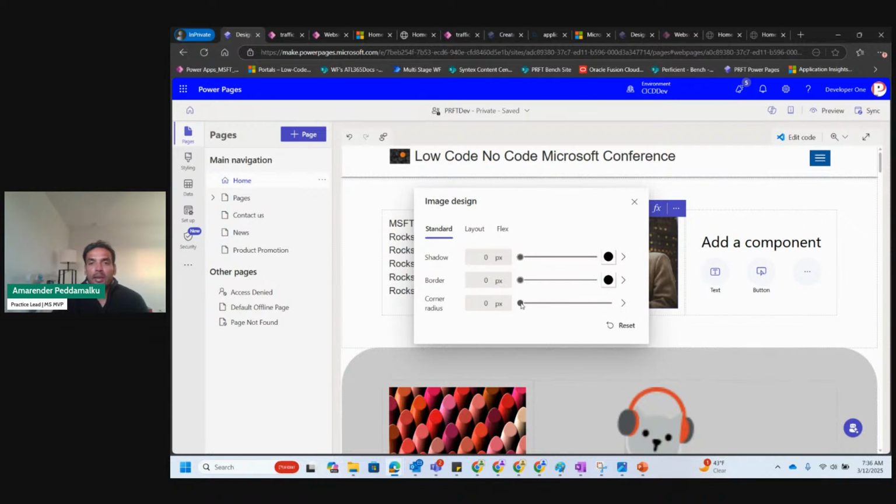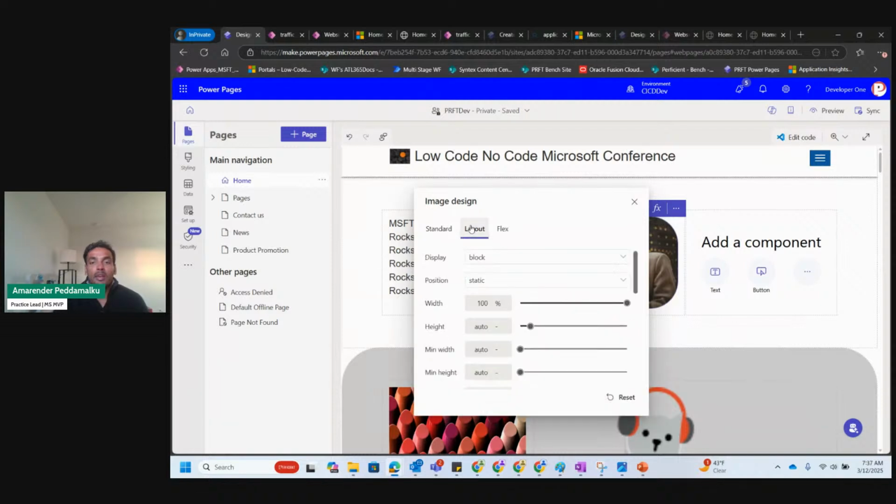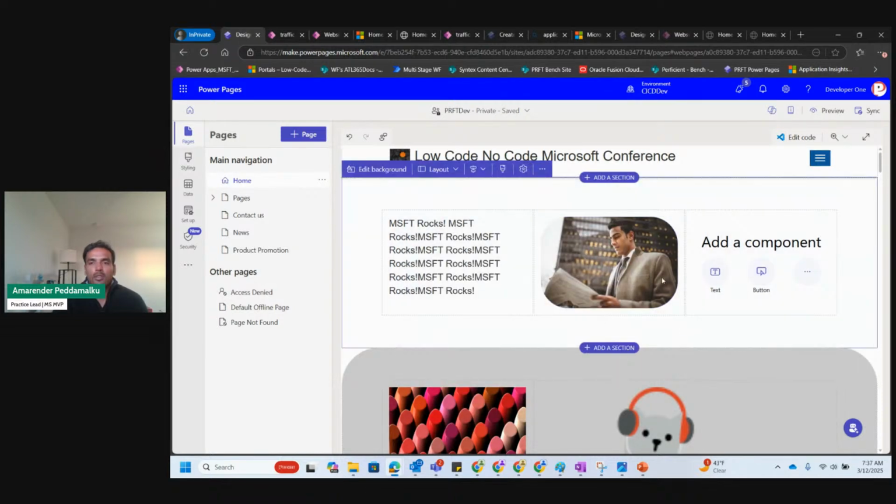One of my favorite things. I can't tell you how much time I spent to get the rounded corners in the past. So if you play with this pixels corner radius, you see in the back end how I'm getting the rounded corners automatically using this control, which is pretty cool. I spent countless number of hours to get those rounded corners in the past. So thanks Microsoft for bringing that out of the box, and then you can control width and height and all of that. There are various controls that you can choose, and this is a cool rounded corner that I got just out of the box with a click of a button. I got the rounded corner.